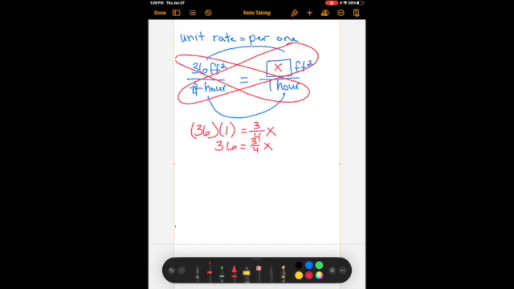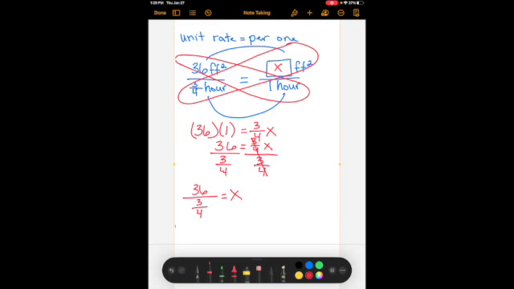Now we are going to solve for x. We're going to divide both sides by 3/4 so that we can isolate the variable. So we're going to end up with 36 divided by 3/4